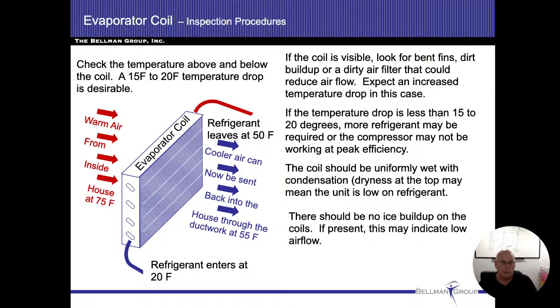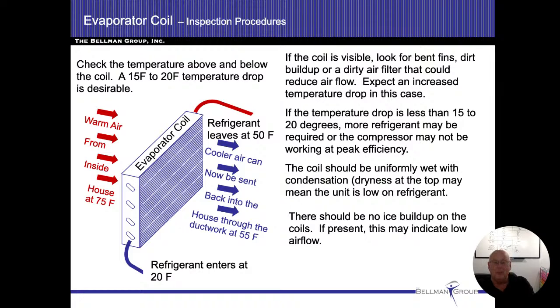So as we look at our furnace, we know what the temperature is via the thermostat coming into the house. If you want to put a dial thermometer on that just so you can take a picture of it ahead of time and put that in your report, there's nothing wrong with that at all. All right. I want you to remember that 15 to 20 degree temperature drop. So if it comes in at 70, it should be leaving somewhere around 55 to 60 degrees, 15 to 20 degrees difference. If you can see the coil, we're going to be looking for damaged fins, bent fins,